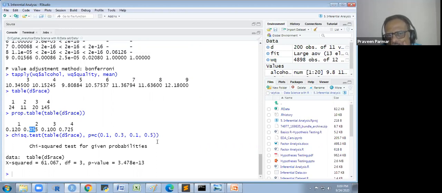You see here, is it fitting? It is okay. It is the 100. So it is okay. 0.1. This one, the third one, is okay. But this is the 72%. Here is the 50%.